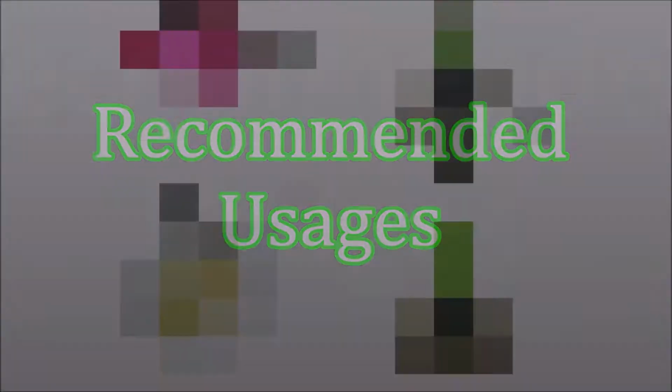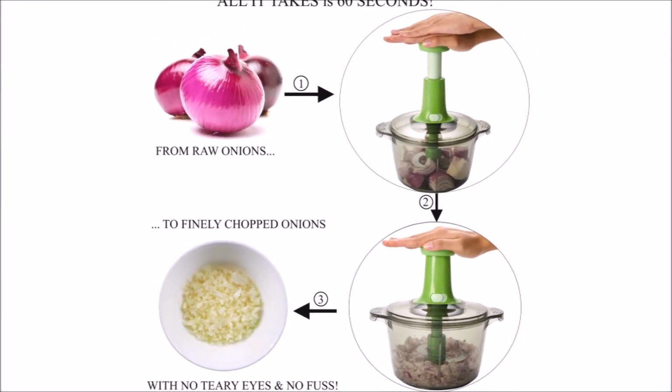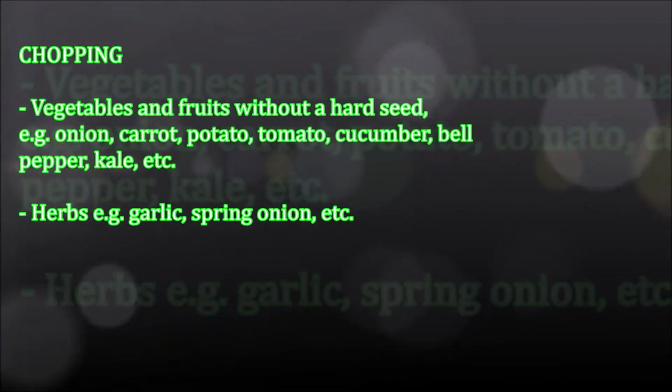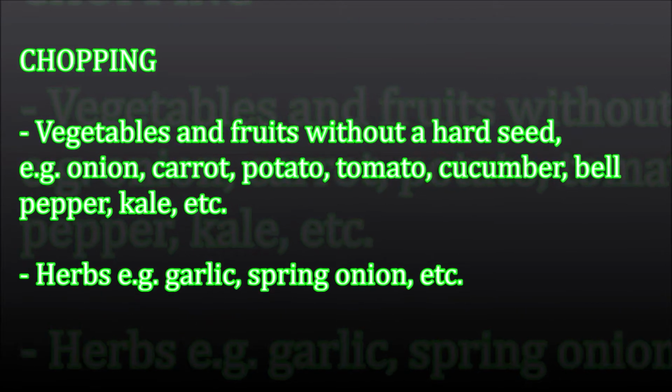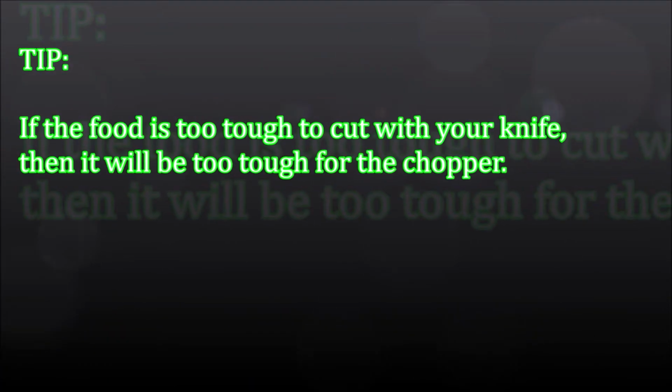Recommended usages. The chopper makes it easy to prepare chopped ingredients for soups, salads, pesto, hummus, salsa, guacamole, baby foods, among others. Chopping. Vegetables and fruits without a hard seed. Example, onion, carrot, potato, tomato, cucumber, bell pepper, kale, etc. Herbs. Example, garlic, spring onion, etc. Tip. If the food is too tough to cut with your knife, then it will be too tough for the